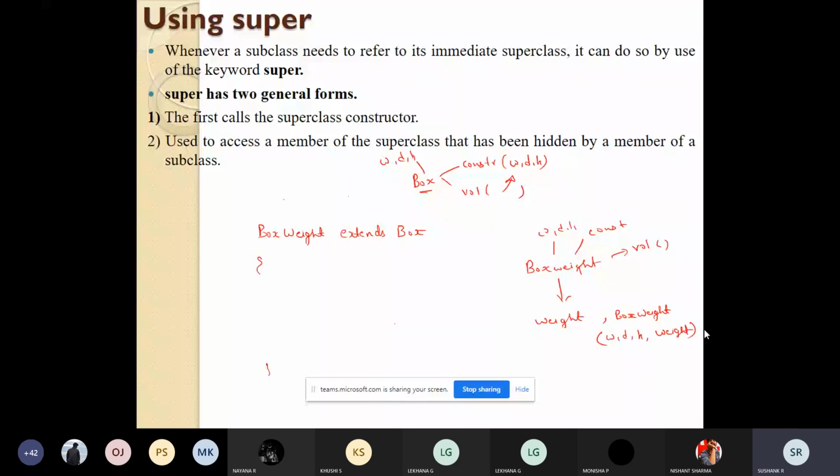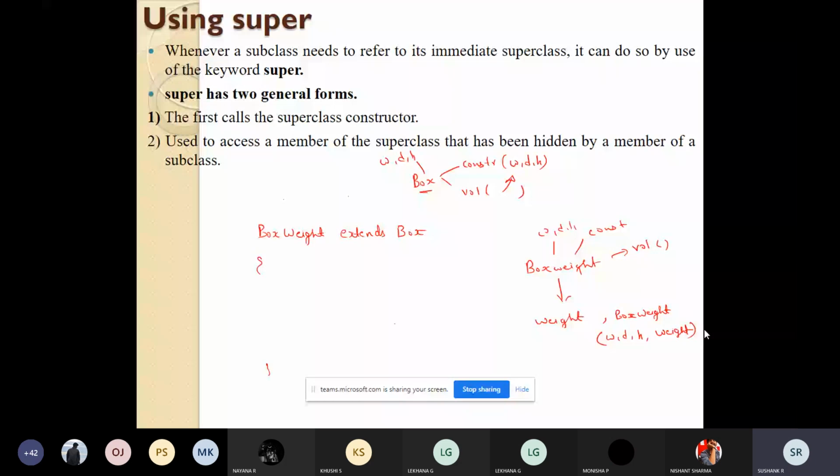So by using inheritance, we are referring to the three variables width, depth, height from the box class, and we have created one more class called box weight. It uses three variables from the box class and adds its own variable weight, and it has a constructor with four values: width, depth, height from the box class, and weight from its own class.